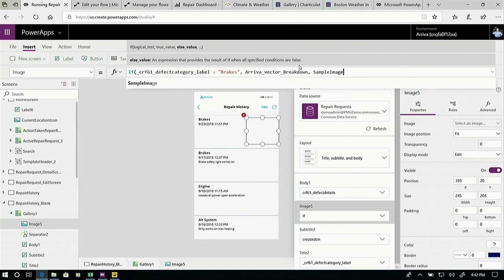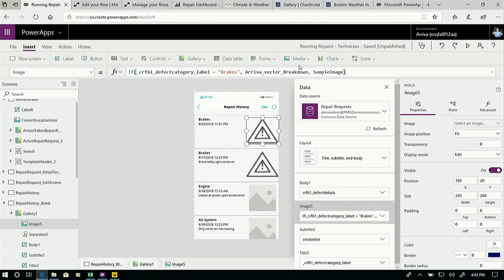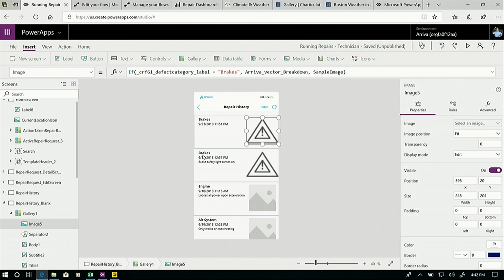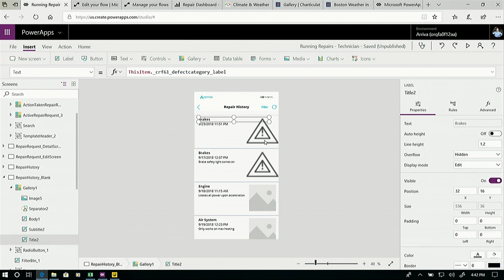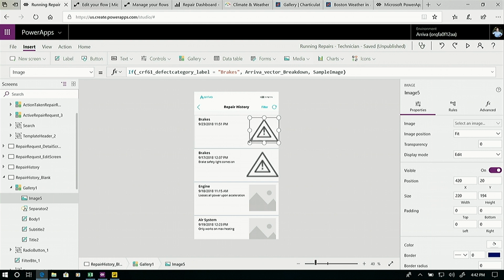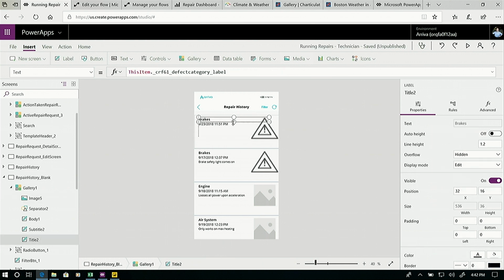And if you think about this, it's just a very easy Excel-like expression language. I'm able to do basic logic right in the Power App. And again, the logic evaluates immediately. I can quickly see this image come up. In the cases where the value is brakes for the label, I can see we have this triangle icon. And where it's not, I have a sample image. For time's sake, I won't create all the different images, but you can see how easy it starts to get to create this app.